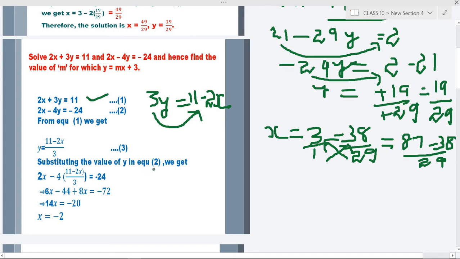Substituting the value of y in equation 2. What will we get? 2x minus 4 into this is the value of y. Now we are replacing y with this value, right? We are replacing y with this value. And that is equal to 24, which is already in the question. So how will we do the calculations? 2x